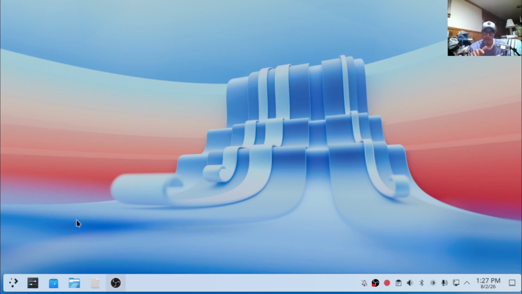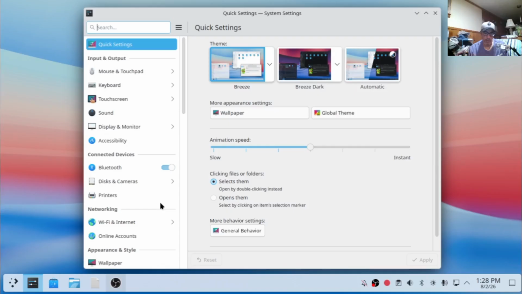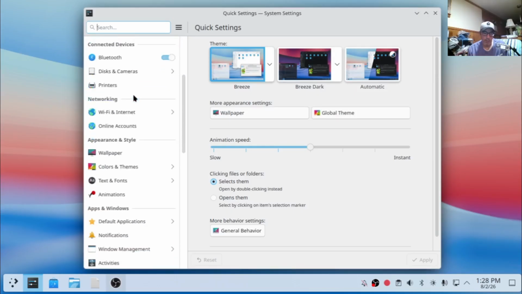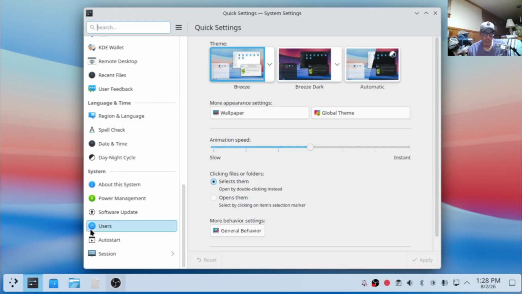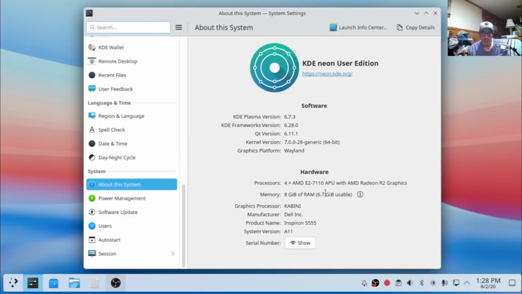I like the animations. I noticed that I get the same thing in other versions of Linux that use the KDE Plasma desktop environment. So if I go down to about the system, I think in this one it'll actually show you that I indeed have 8 gigabytes of RAM. There we go. It says 6.7 is usable, and this was explained to me in a response that another viewer